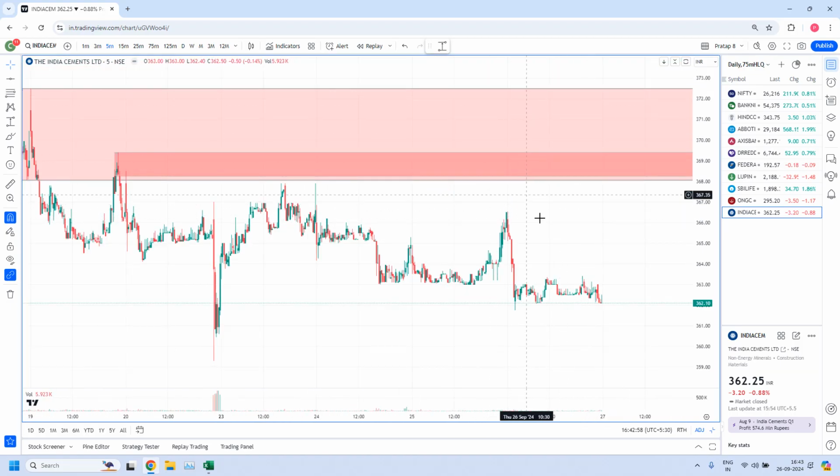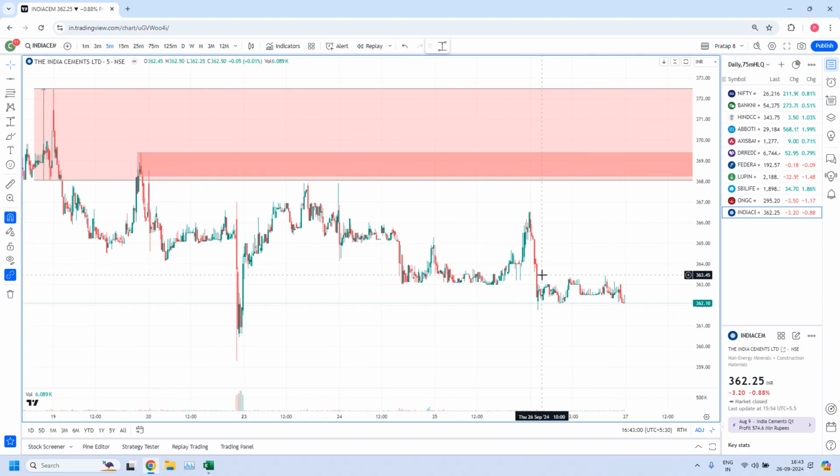Also, it didn't get into the zone today. So these are the high liquidity zones identified from our previous report. Hope this analysis will be helpful to you